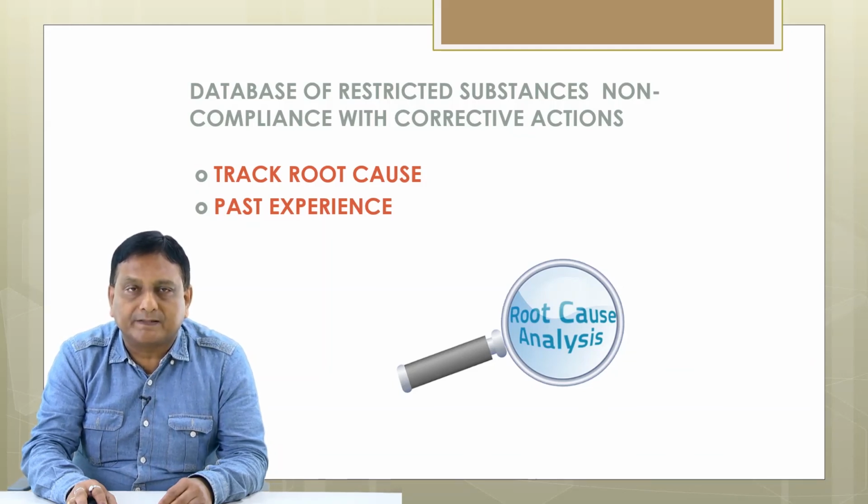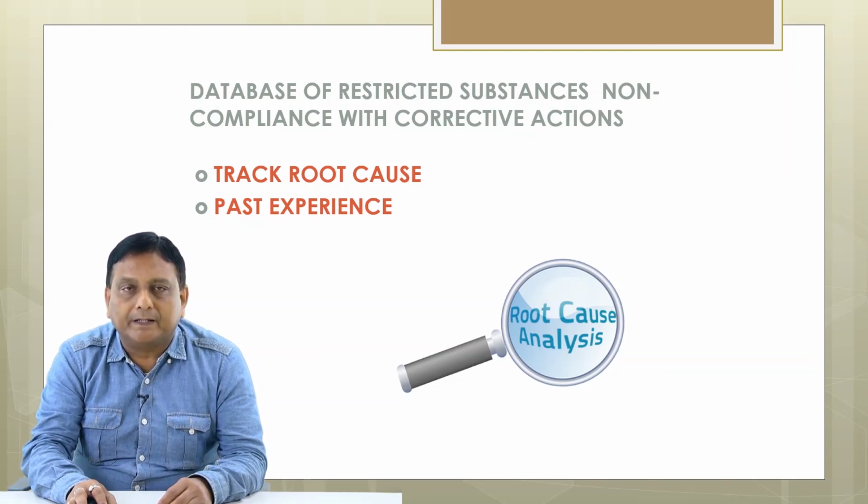Non-compliance is an experience. One should not be overexcited if any factory gets a non-compliance or finds restricted substances. They have to manage the situation, or eliminate that chemical in a phased manner and replace it with proper positive chemicals, or chemicals which are not harmful in nature. That is why, if all these precautions to prevent recurrence are taken, we can prevent the occurrence of such restricted substances in the finished garments.